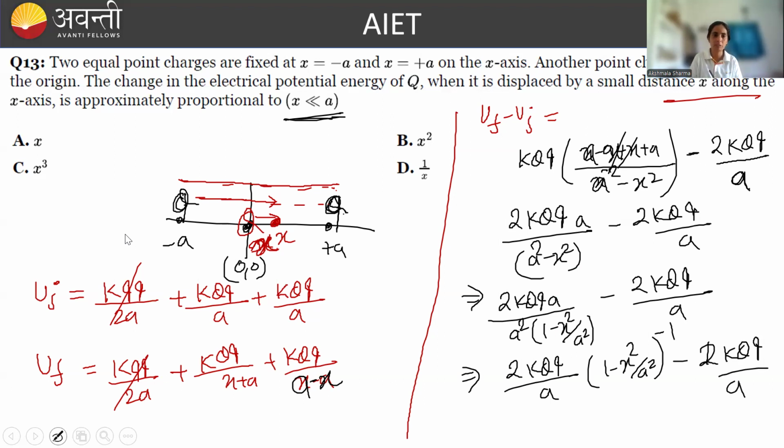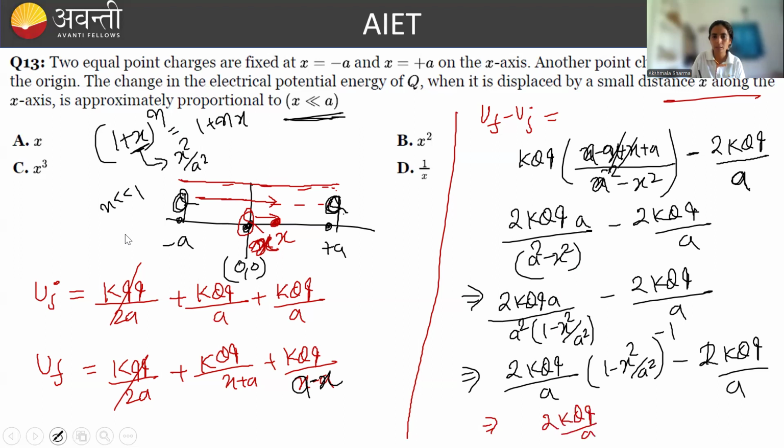And in this expression, you know, in binomial expansion, if 1 plus x to the power n is an expression where x is far less than 1, then we can write it as 1 plus nx. So here in our equation, in this place is x square by a square, and this is far less than 1. So we can use that approximation here. So if you're going to use that, what thing you will get,